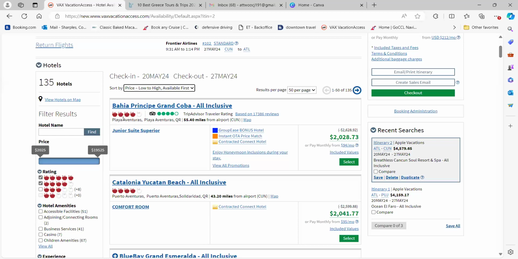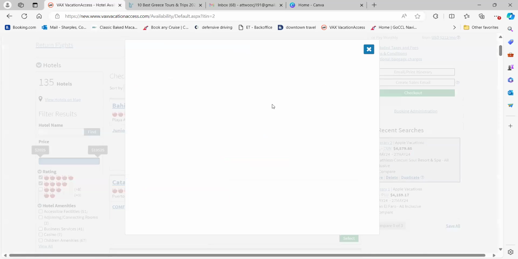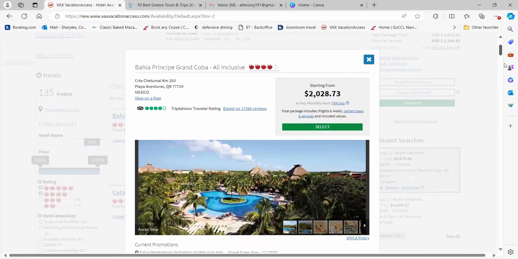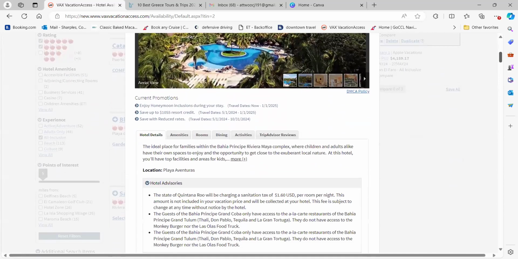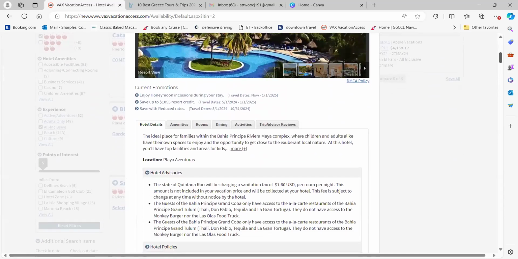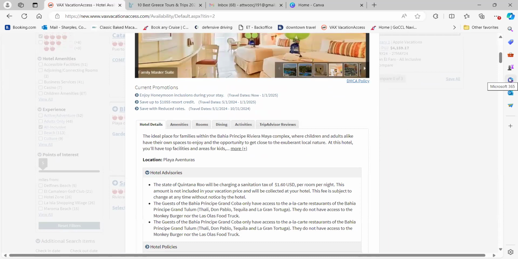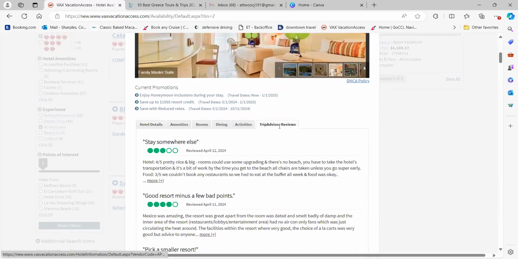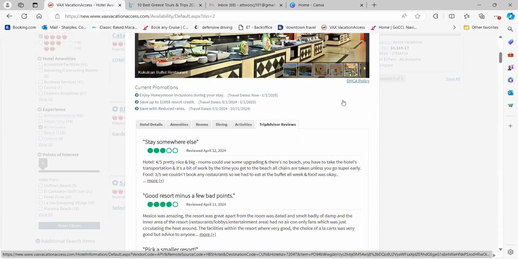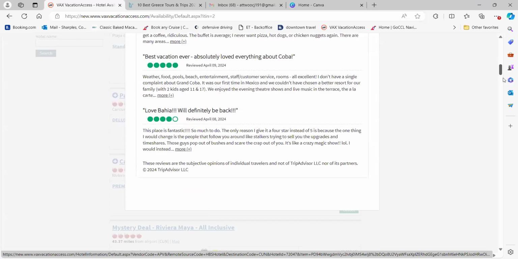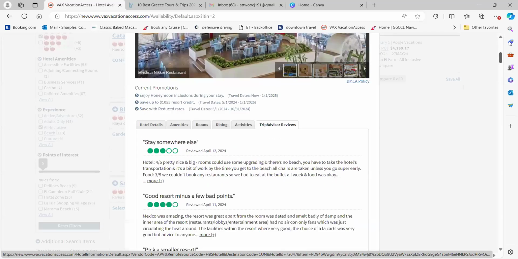Next, what I usually do is I'll click on each different resort. You might want to start with the lowest, so it depends what type of room they want available as well. But the first thing I do, I don't go check and see if the ocean views are available first. What I will personally do, whether I'm using it for a mock booking or an actual client, the first thing I always recommend doing is clicking these TripAdvisor reviews right here, because if you're seeing bad comments or really bad reviews, you're not going to want to send a client there.